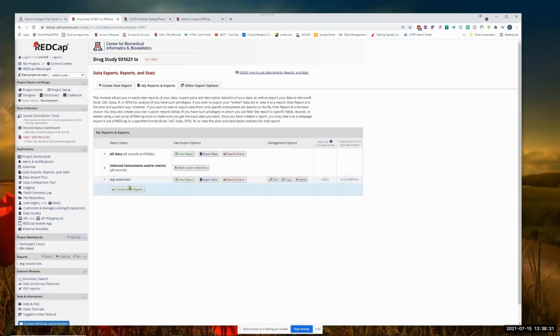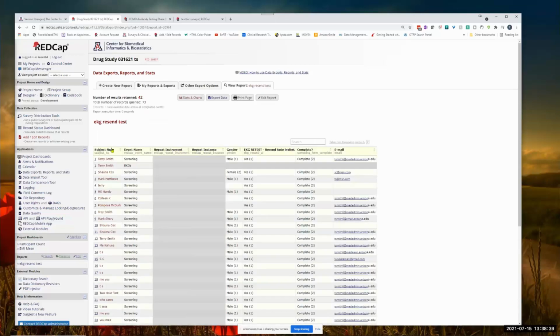So I have this EKG resend test. And if I look at it, it's a longitudinal study. Oh, it's a repeating instrument. So I've got these repeating instruments, and how many of us have seen this gray crap that is, oh,